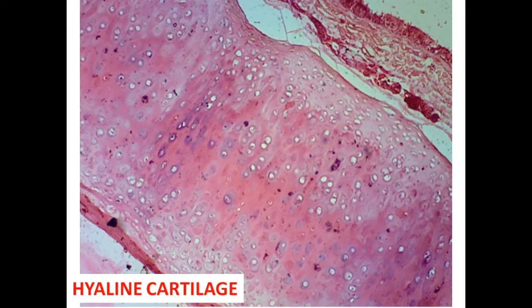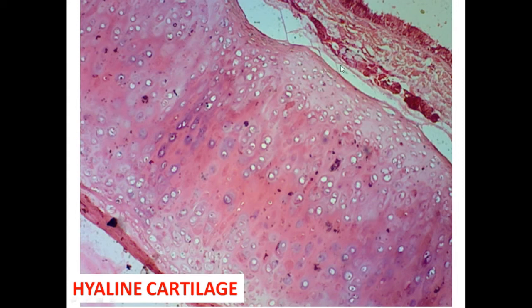If you come across a slide where you are seeing such a large structure having some homogeneity, where there is a large number of cells present on one end, and in the middle part there are very scattered cells. Here you can see there are cell nests. The dividing cells are present within the lacunae. These are the cell nests, as you can see here. So this suggests that this is a slide of hyaline cartilage.